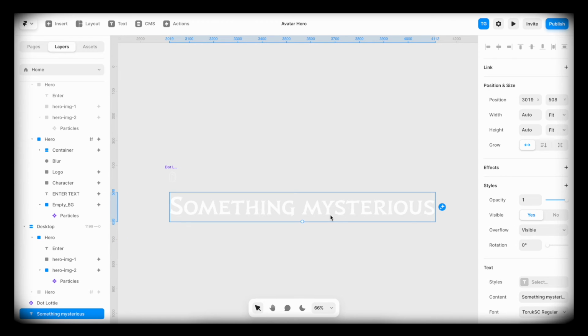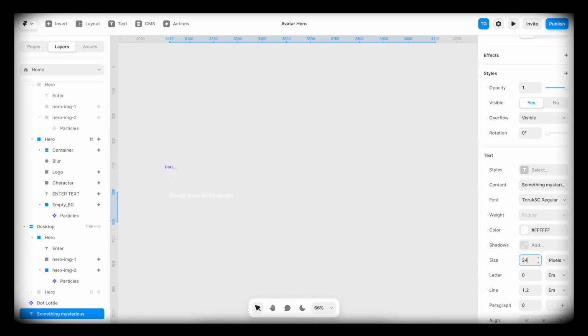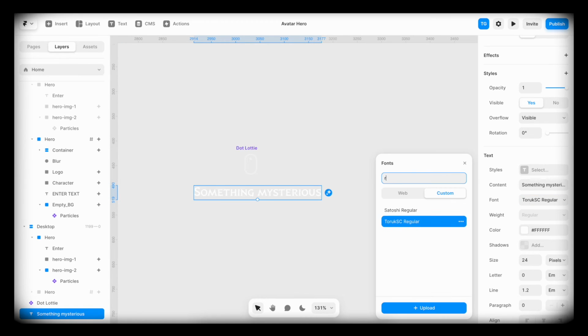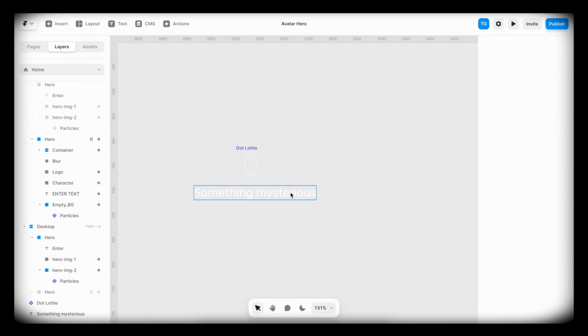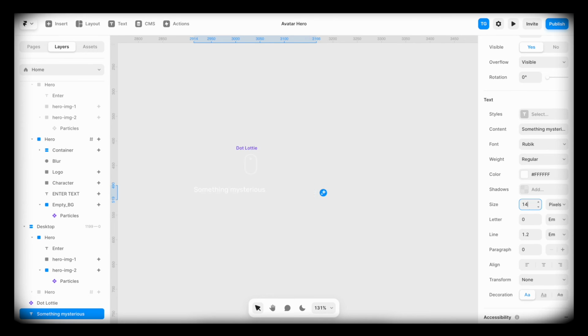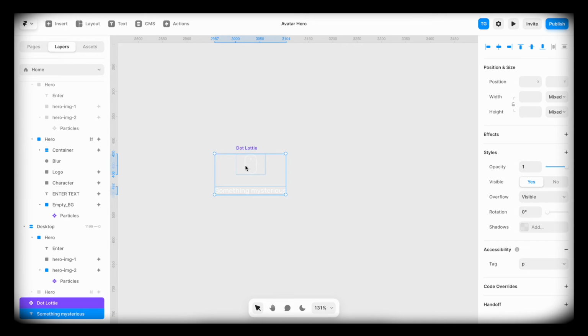Like that. Change the size. Something smaller. Zoom in. Drag it over here. Change to a different font. On web, not custom. I'll take Rubik. Maybe even smaller than that. 14. That looks cool. I'm going to select them both, right click, add frame,